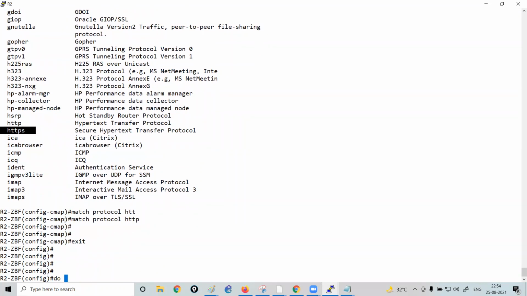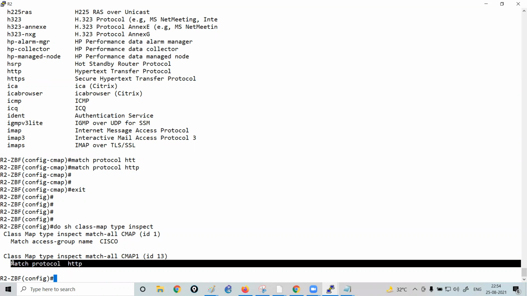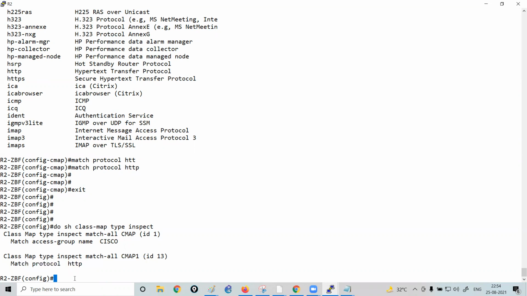You can run this command. Do show class map type inspect. So your router says you have created a class map with the name CMap1. In this class map, you have matched the protocol HTTP. Done. Let me just copy this one.